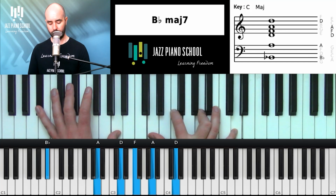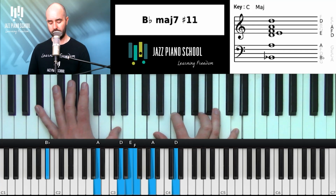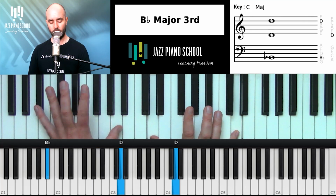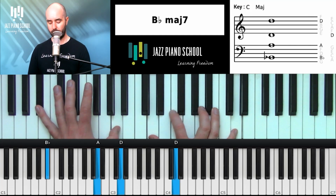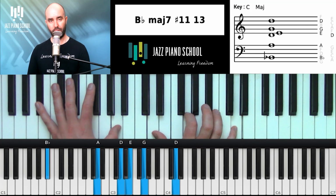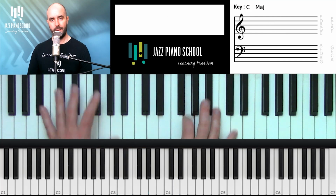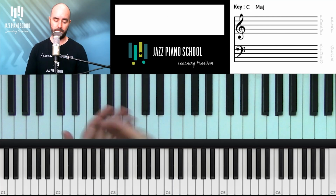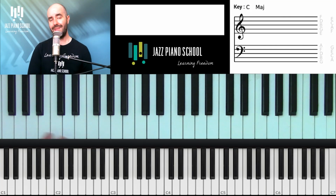Then I add my B flat major 7 here. So here's my foundation: 1, 7, 3, and then I'm adding sharp 11. I could add the 13 there. But it all stems from practicing your foundational elements first, meaning your bass note and shells, and then moving into